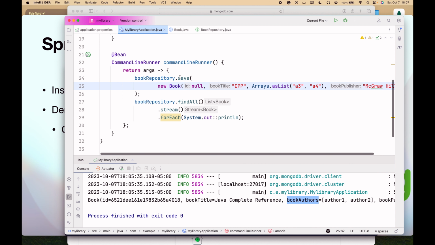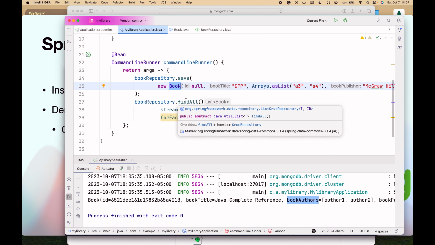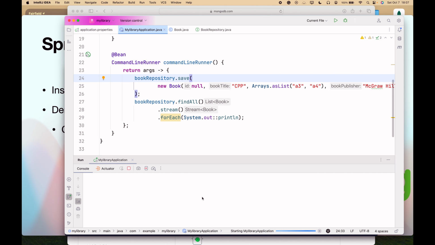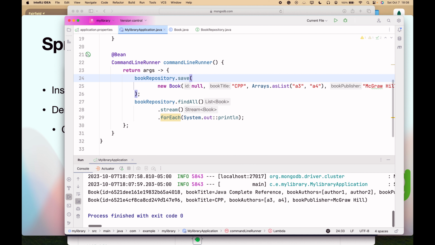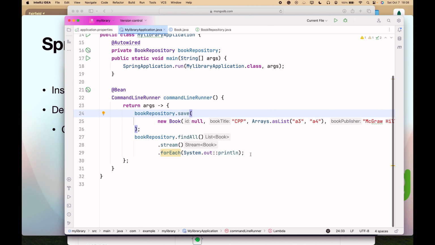So here we are going to save one entity instance, that is one book object. Then again we are going to call findAll method. And here it goes. Now there are two book objects. Let us add few user-defined methods. The reason is if we want to find a particular book,